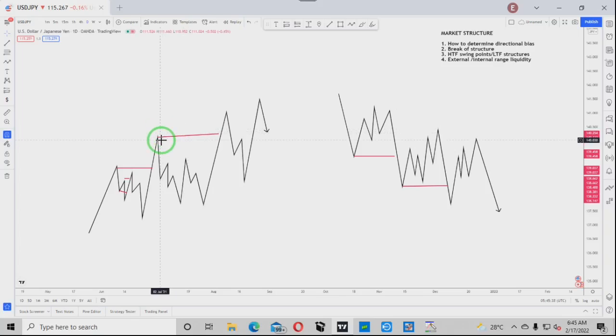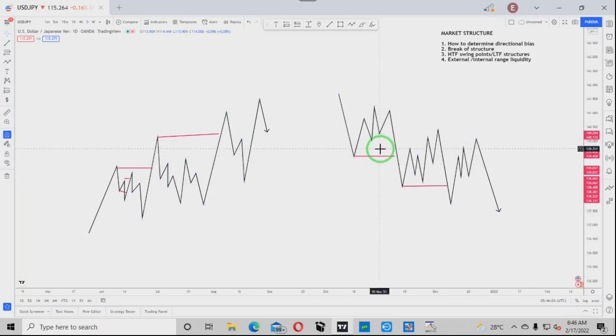That is when you will know price is now ready to move higher. All right, the same thing with the downtrend. You need to see a double break of structure before you can determine the direction of the market. Just like I explained during the example of the bullish trend, the downtrend is exactly the same way.